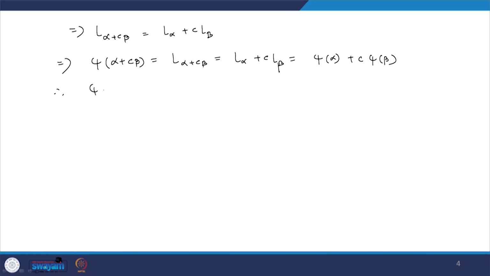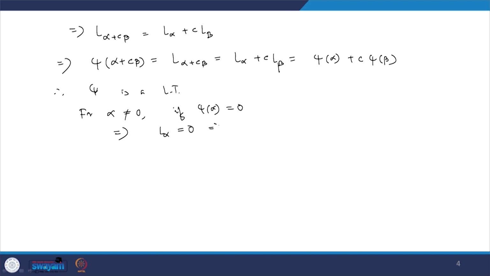So, psi is a linear transformation. For alpha not equal to 0, if psi of alpha equal to 0 implies that L alpha equal to 0. So, L alpha is basically a linear functional on V star. So, this is equal to 0